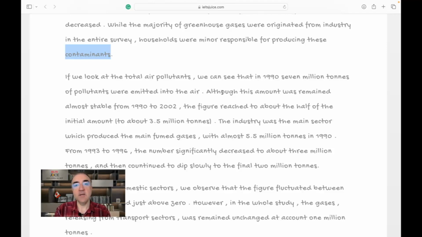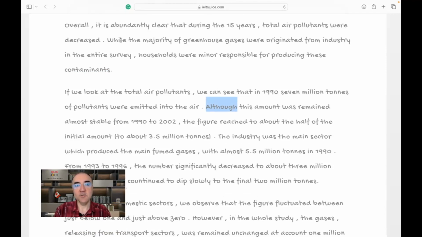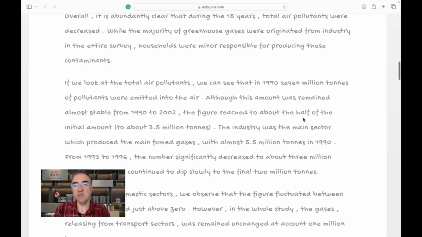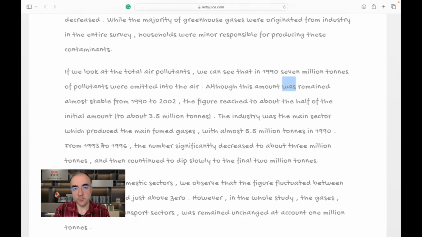Although this, and look at this, another important grammatical point. We use the structure while. Now we're using although. Although this amount remained, another intransitive verb that cannot be used in the passive voice, remained almost stable from 1990 to 2002. The figure reached, no preposition please, reached about half of the